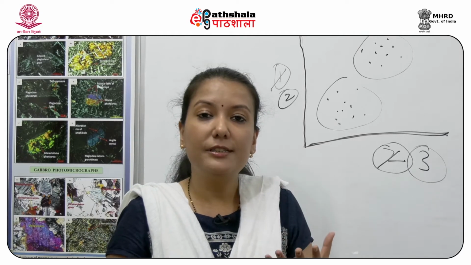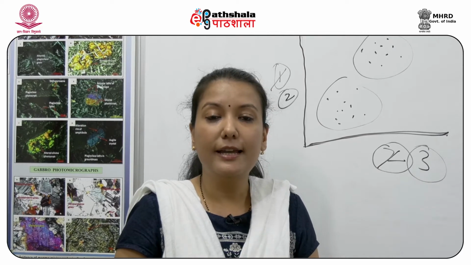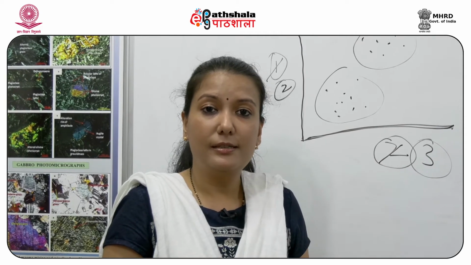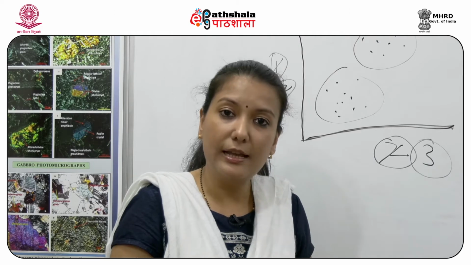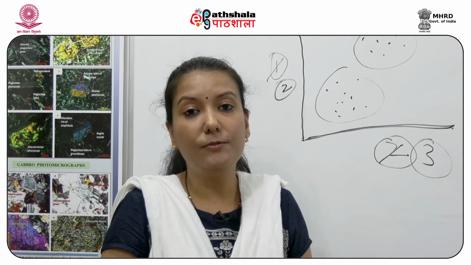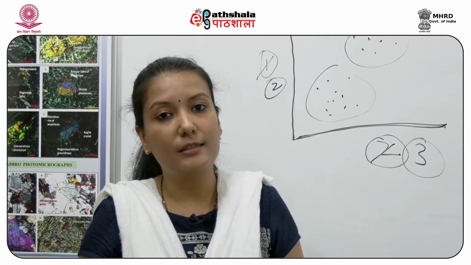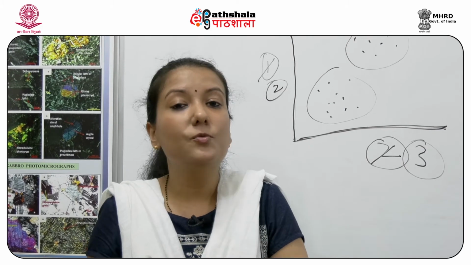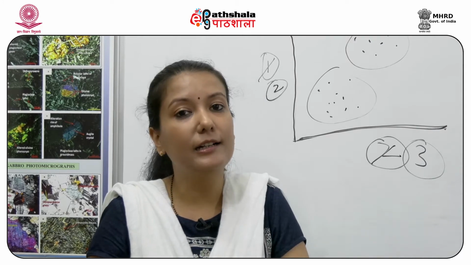Now once we have decided the 4 classes, we need to identify the training sites in each of these 4 classes. So in supervised classification, it becomes important that you know first how many classes you want to classify the image in. Second, you need to identify the pixels or the reflectance values in each of these classes. If you miss any one of these classes, your image will not be classified in that class.